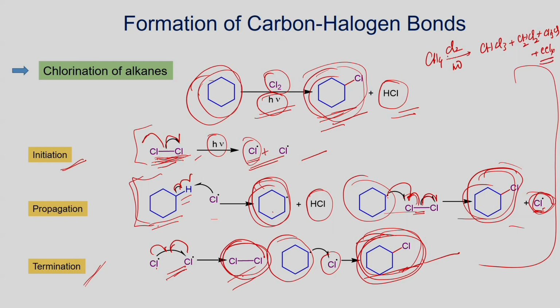By controlling the chlorine, you can convert it completely into CCl4, or you will get a mixture of compounds, as already studied. Similarly, here if you have cyclohexane, you can get cyclohexyl chloride. This all involves a radical pathway. The chlorine is converted into the corresponding radical by homolytic cleavage in the presence of light. Once you have the radical, the reaction can take place, and in this way you form the corresponding chloro product.